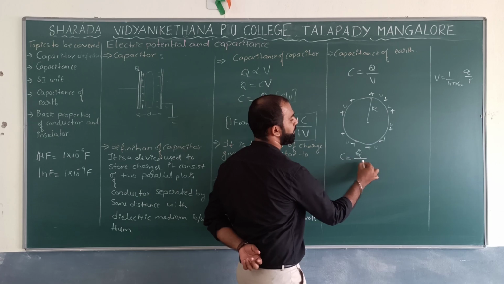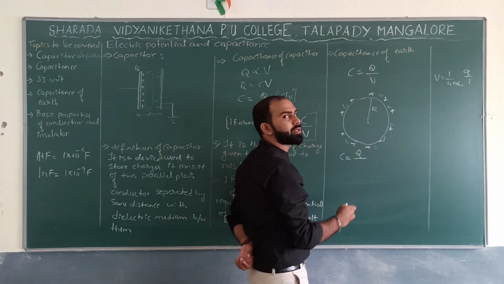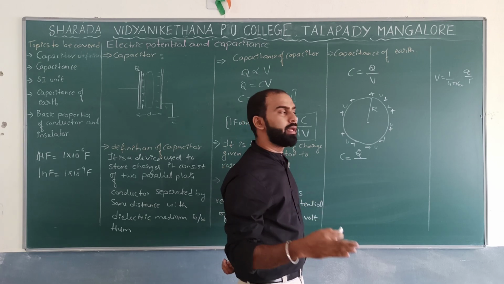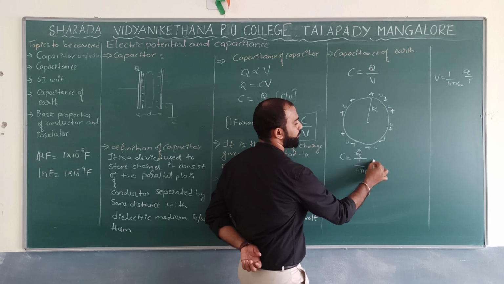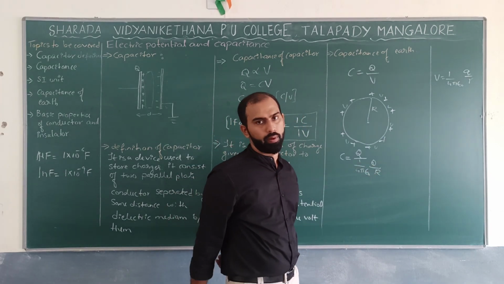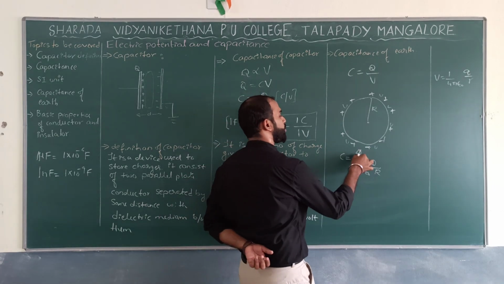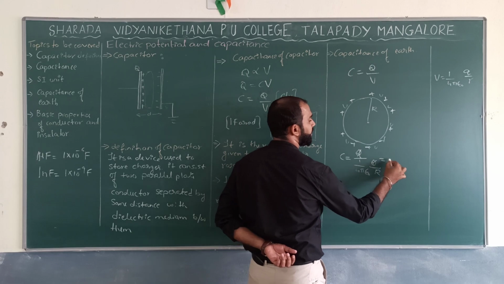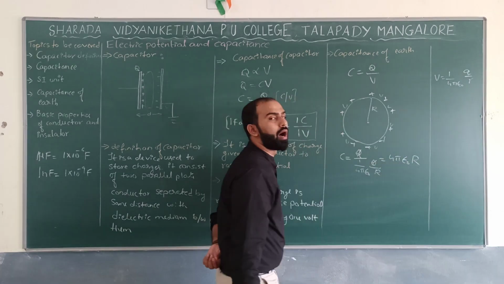Now, don't you think this looks like one more derivation, where C is equal to Q divided by V, which can be replaced by the potential at this particular point I want to measure. What is the formula I can expect? That is 1 by 4 pi epsilon naught Q by R. 2 by 2, 1. 3 by 3, 1. Q by Q, 1. So what is left over here? That is 4 pi epsilon naught into R.